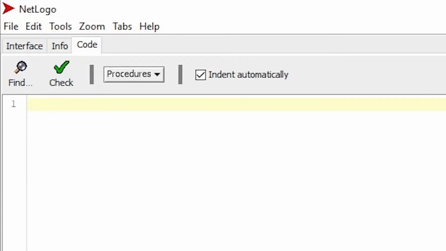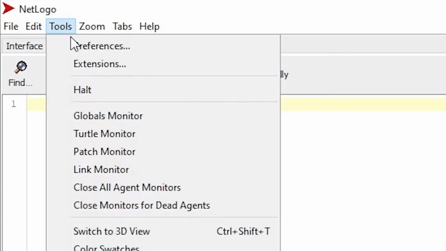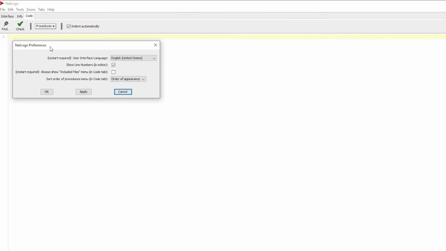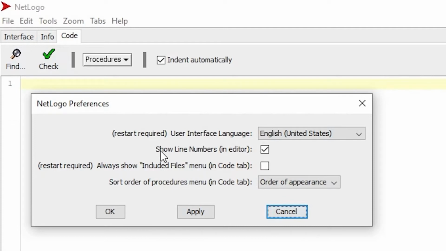To enable these line numbers, you have to go to the Tools menu, then Preferences, and here make sure Show line numbers in editor is enabled. So you can disable it or enable it. If you enable it, you will see the line numbers. And in my tutorial also, I have enabled line numbers, so it will be easy for you to follow the tutorial when you have it enabled in your editor too.